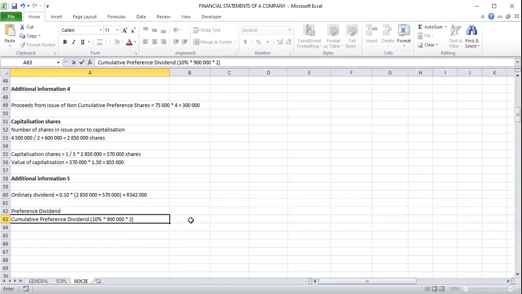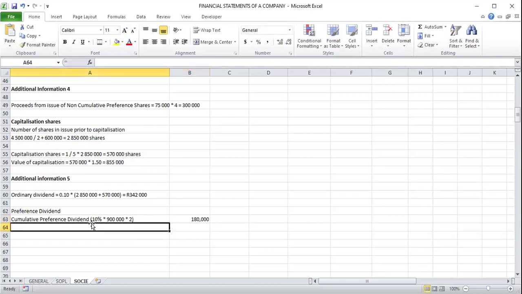We get 180,000. Then non-cumulative we'll have